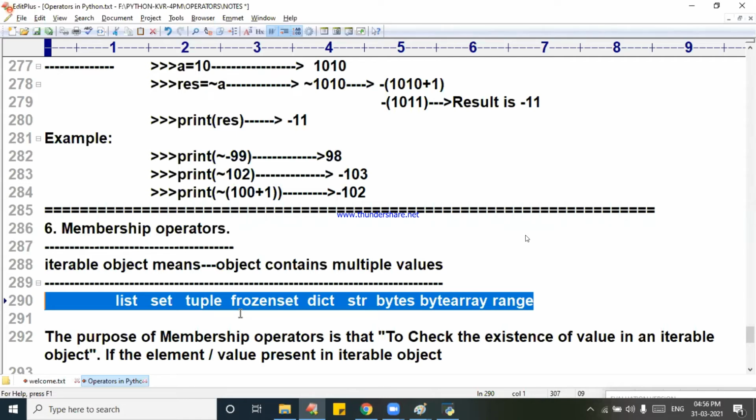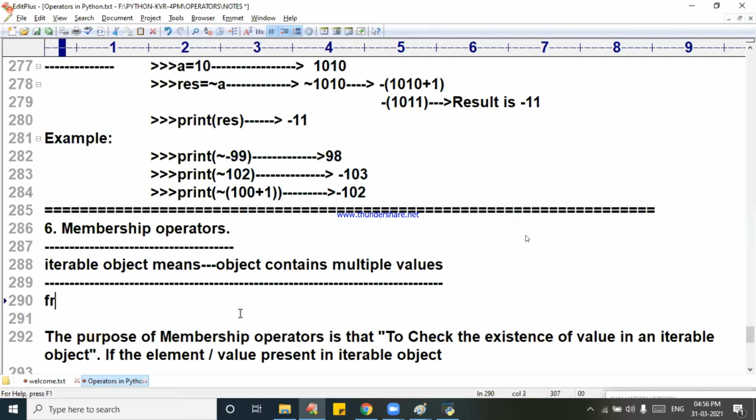That's why we can call them iterable objects. See, I have fruits, F-R-U-I-T-S, equal to apple, cherry, guava, and now kiwi.